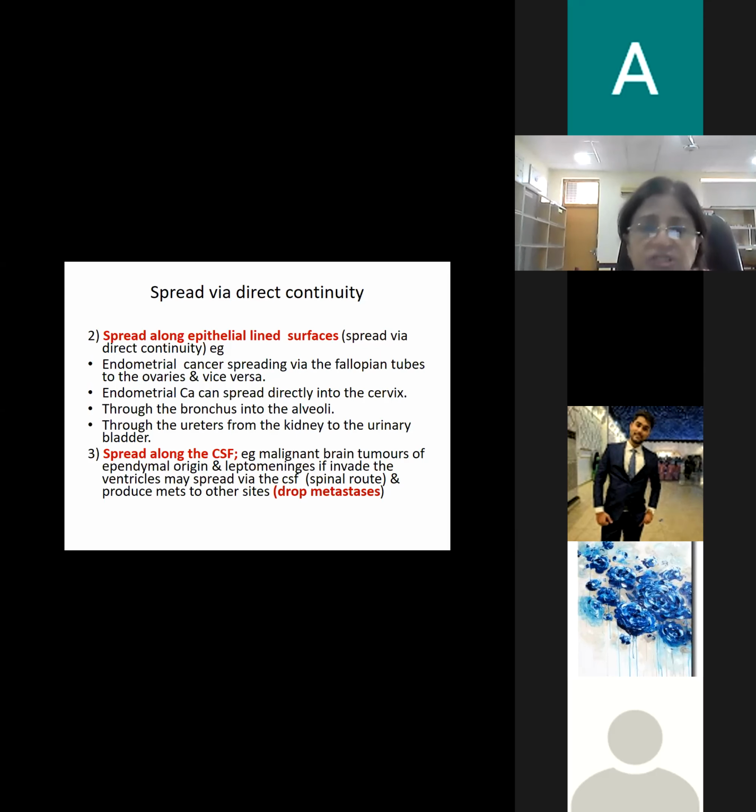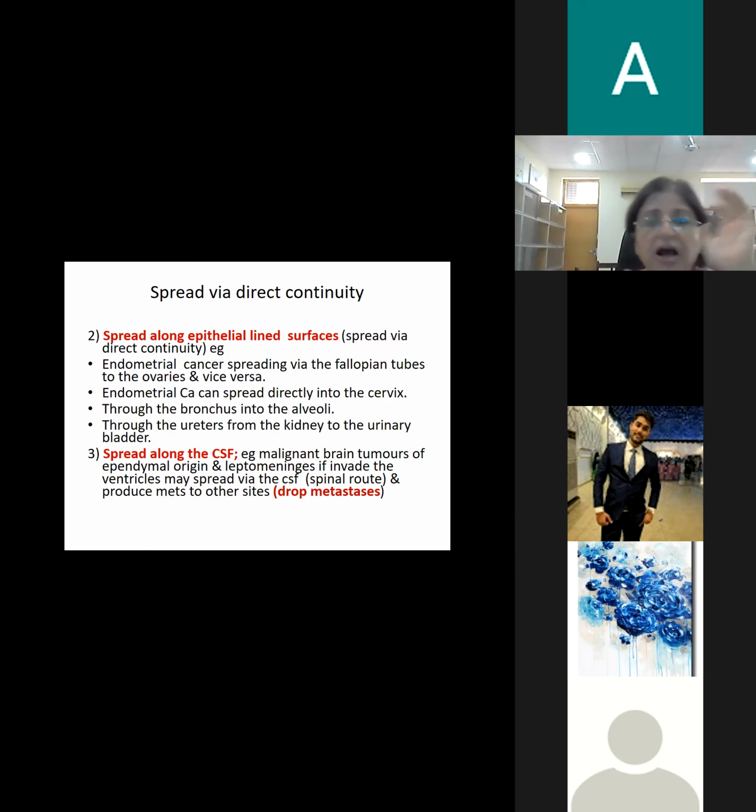ठीक है, ओवरीज के ऊपर चला जाएगा, डायरेक्ट स्प्रेड हो रहा है along epithelial lined surfaces. इसके अलावा ओवरी का अगर ट्यूमर है तो वो वाया द फिम्ब्रिएटेड एंड ट्रेवल करेगा वाया द फिलोपियन ट्यूब और एंडोमेट्रियम के अंदर चला जाएगा। So endometrial cancer traveling via the fallopian tubes can spread into the ovaries, and ovarian tumor can spread via the fallopian tubes and invade the endometrial cavity. इसके अलावा endometrial cancer नीचे से it can spread directly into the cervix. ठीक है, ट्रायंगुलर शेप की एंडोमेट्रियल कैविटी है, उसके अंदर अगर ट्यूमर है तो डायरेक्टली नीचे सर्विक्स है, तो it can invade into the cervix.